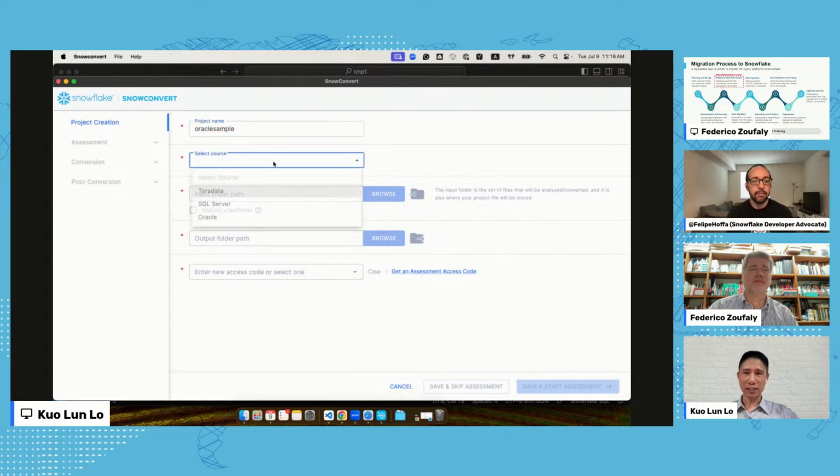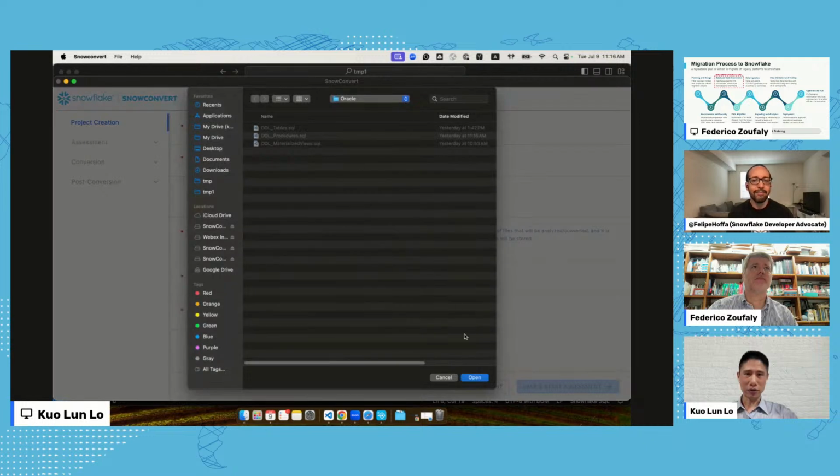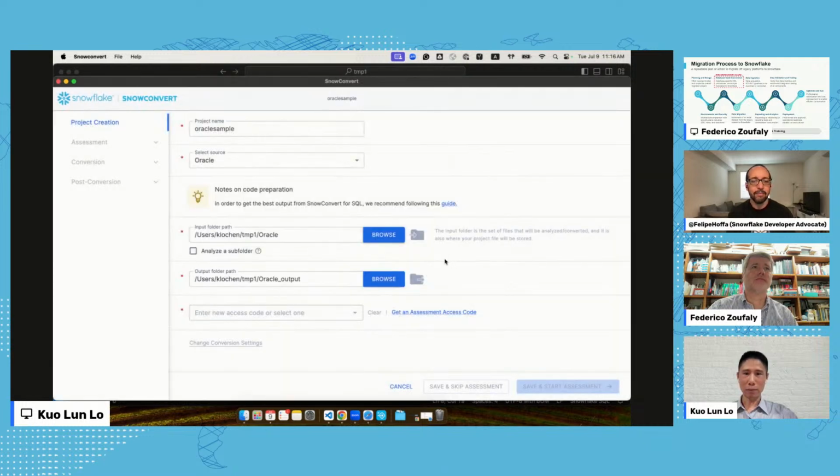We have to select a source language, and in this case we are showcasing Oracle. We have to select an input folder path. If I click browse, one is already selected, so just click on open, and the output folder path will be automatically filled. Then we have to enter an access code.